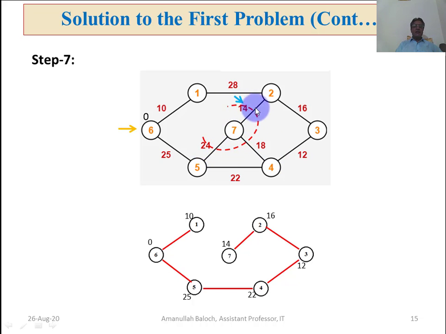Next we will also discuss a second example of Prim algorithm. This is a graph whose node values are A, B, C, D, E, F, and then G. Weights are there, and this is an undirected graph. All the 3 conditions are satisfied. That is, it is undirected, weighted graph, and